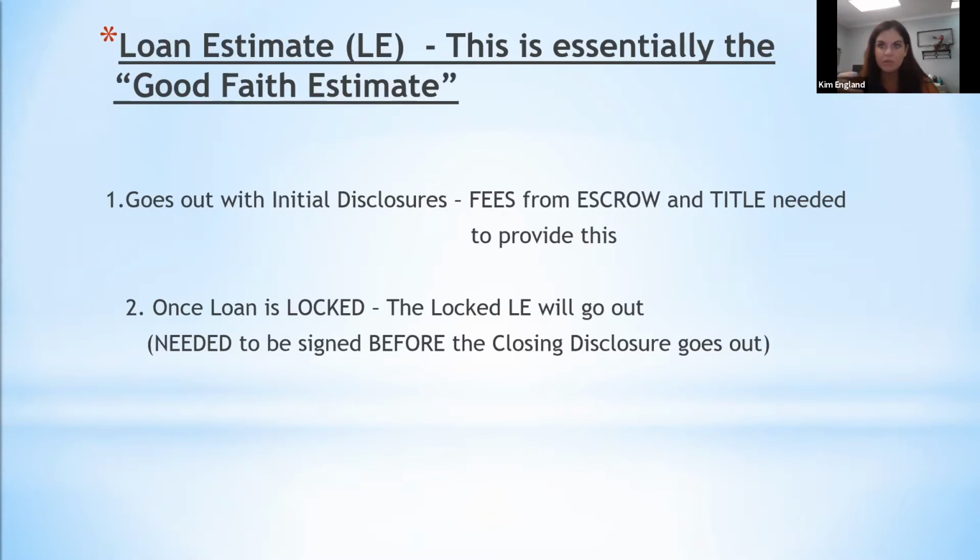But your initial loan estimate is always going to be slightly padded, because when we request fees from escrow and title, those fees are disclosed to the borrower. Once those fees are disclosed to the borrower, they cannot go up. They can only come down without a valid change of circumstance. So at the beginning, for escrow and title, we put in some pads, because we don't know what possibly can come up. So your initial loan estimate is always going to be slightly higher than what the borrower ends up having to come up with at the end.